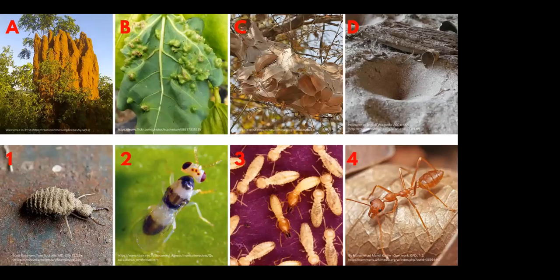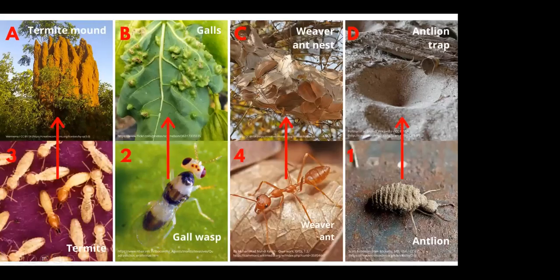Okay, time's up. I hope you all have your answers ready. So this is a very interesting set of animals, and actually you may have recognized one of them from Dr. Manjari's presentation. Let's see what the answers are. Here's our correct pairings. We have A to 3, B to 2, C to 4, and D to 1.